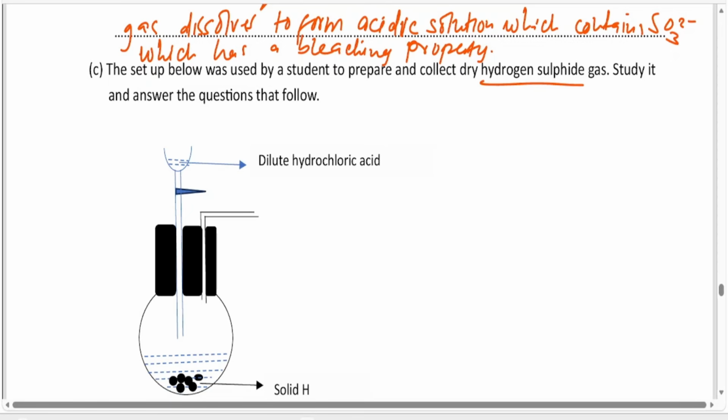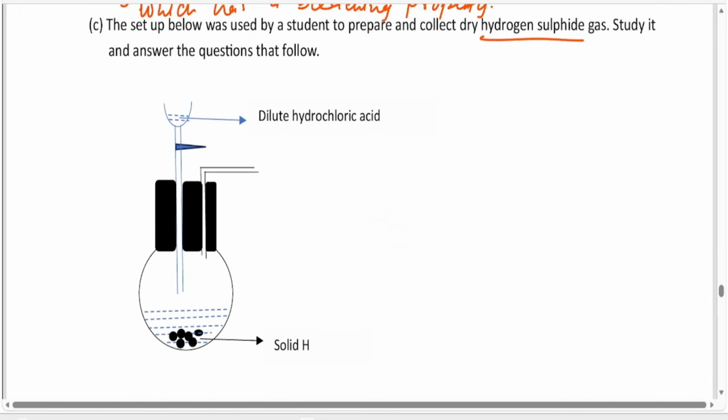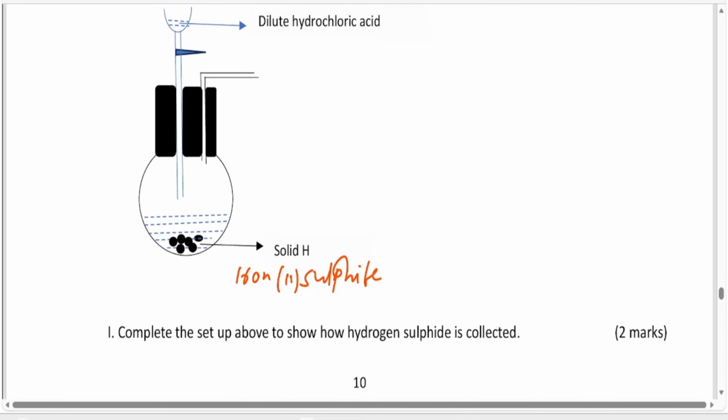The most appropriate metal sulfide that you learned is iron 2 sulfide. So this means that solid H is iron 2 sulfide. For the first question, we are being told to complete the setup above to show how hydrogen sulfide is collected. And in this case, we are going to ensure the gas is collected dry. So I complete the setup by first